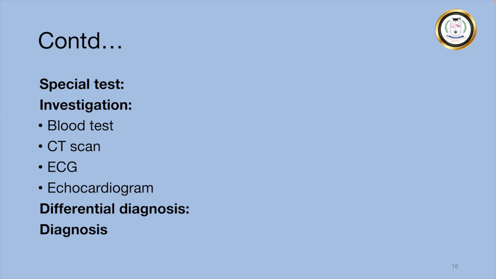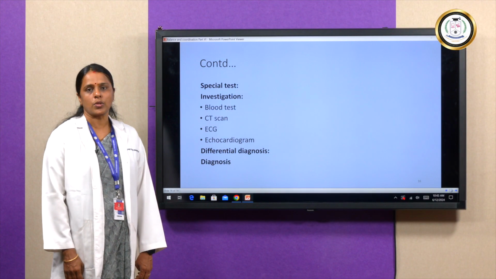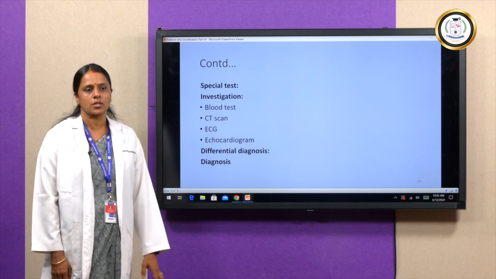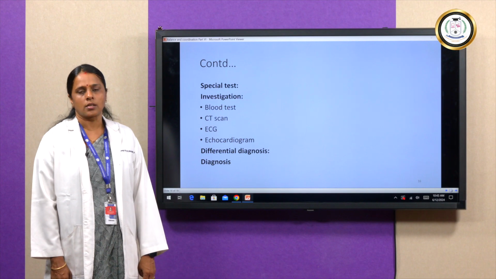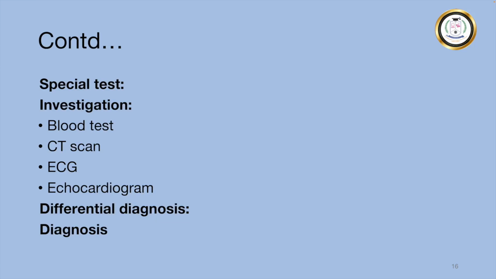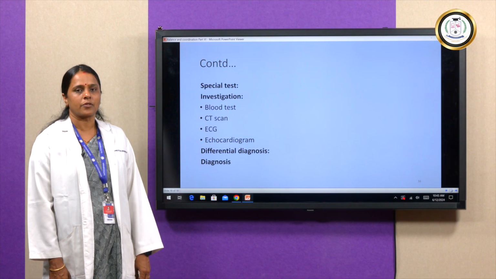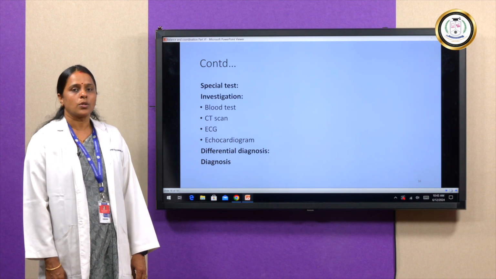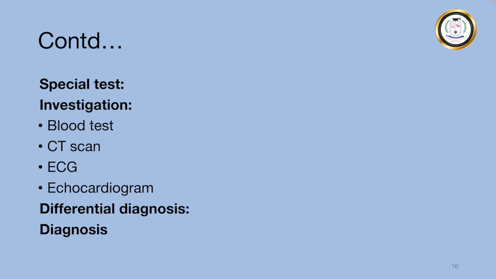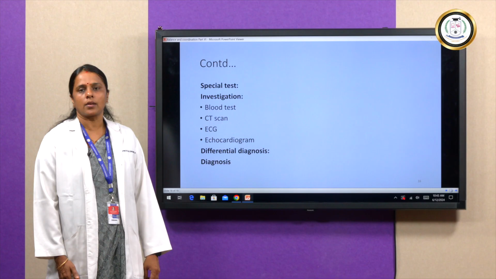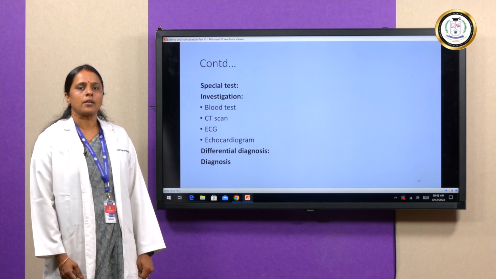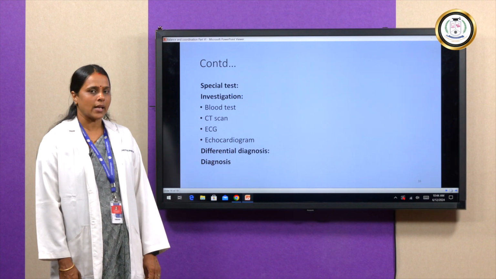Once the functional assessment is being done, then we can do special tests based on the conditions. For example, nerve compression test, slump test. These are special tests which further confirm the diagnosis. Then investigatory procedures, whatever the investigatory documents are there, like blood report, CT scan, MRI, those things have to be checked, and based on that differential diagnosis can be done. And further, by matching with the reports we have, we can conclude to the one final diagnosis.